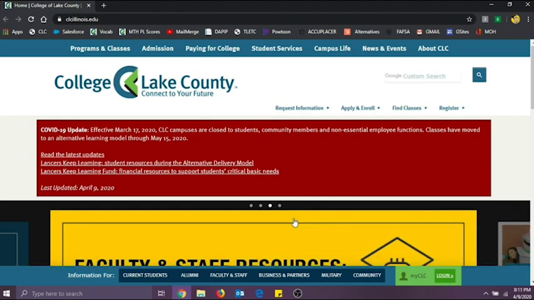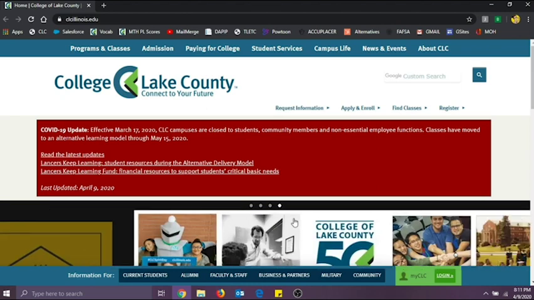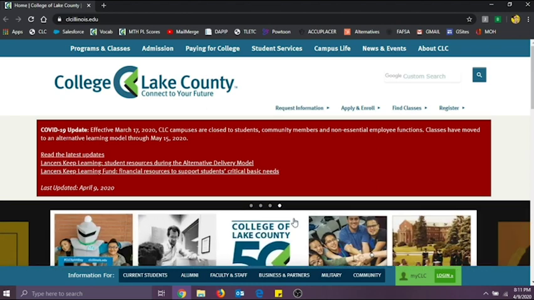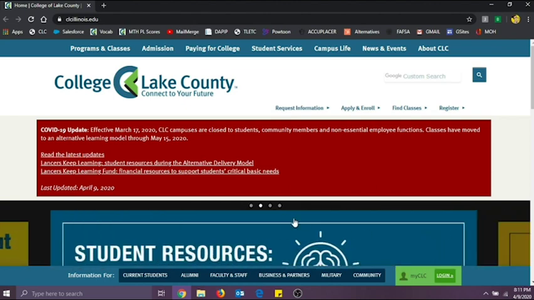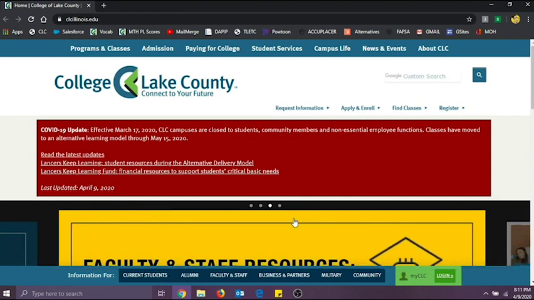If you provided an email address on your application, your username and password will be emailed to you in 2 separate emails. All new students will also receive an official admissions letter with their login information via US mail. Now, this temporary password is only good for 14 days, so as soon as you receive it, please make sure to update it. Let's go ahead and get started on how to actually reset that information.